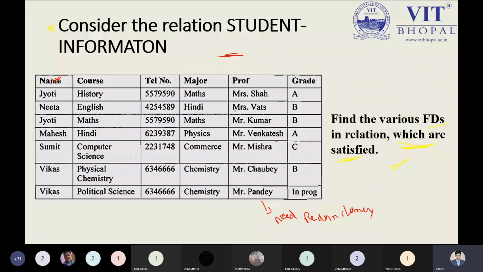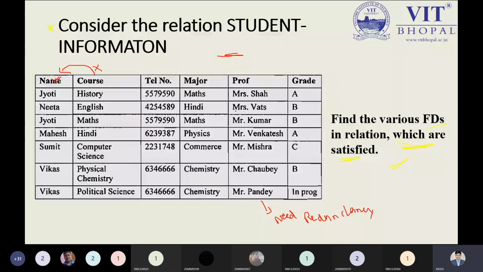Can you tell me? Yeah, name and telephone number can be dependent. So telephone number can depend on the name. Can you tell me, name and telephone number can depend on each other? See, codes do not depend on the name. So first I can remove that. Codes cannot depend on the name. Say yes or no. No, sir.